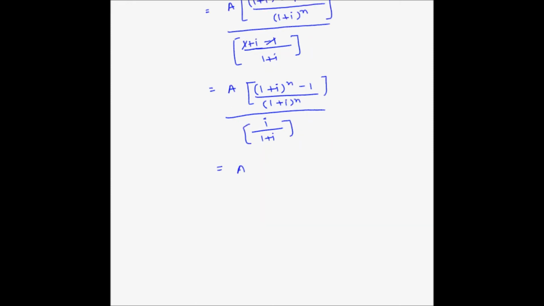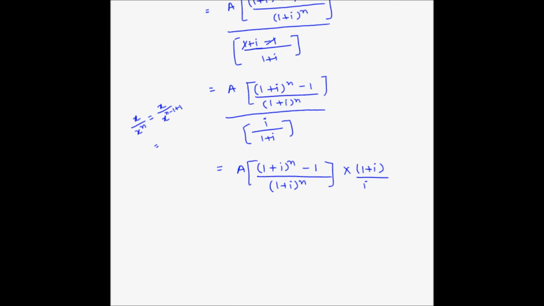So this is equal to A into 1 plus I to the power n minus 1 divided by 1 plus I to the power n. Now let's take this denominator into numerator, so this will reverse, into 1 plus I divided by I. So here we have 1 plus I divided by 1 plus I to the power n. So x divided by x to the power n. Now this can also be written as x divided by x to the power n minus 1 plus 1,